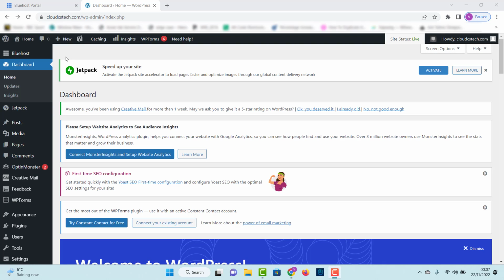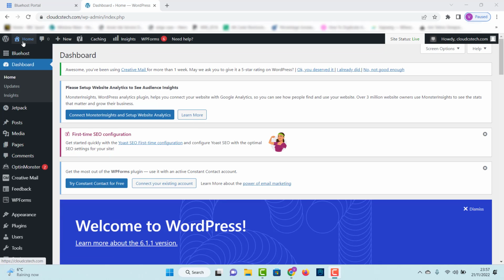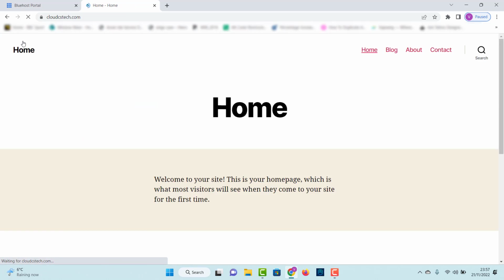The left-hand side navigation menu consists of many options and features that we'll be using throughout this video to apply various changes and modify a new web page. If you click on the home icon in the left-hand corner, this will take you to your current website with the theme that's been applied by WordPress. This is a very basic theme with very few options, and in the remainder of this video we are going to be modifying and working on our own theme and bringing the website to the look we'd like to present